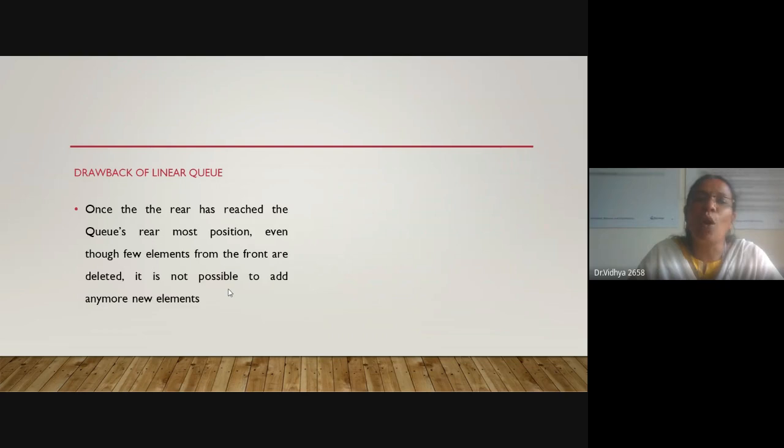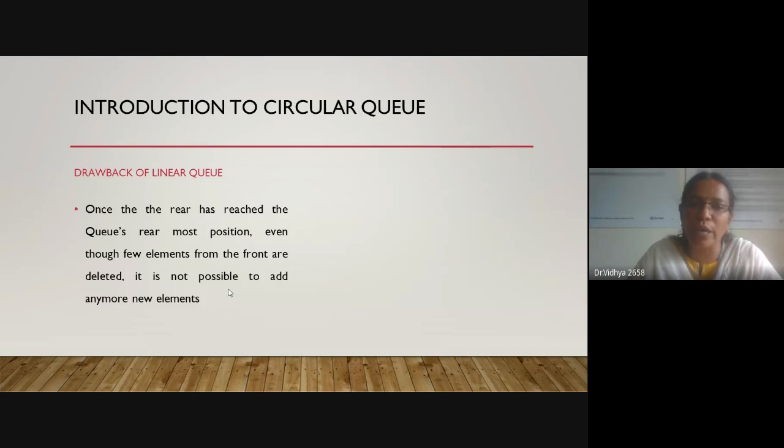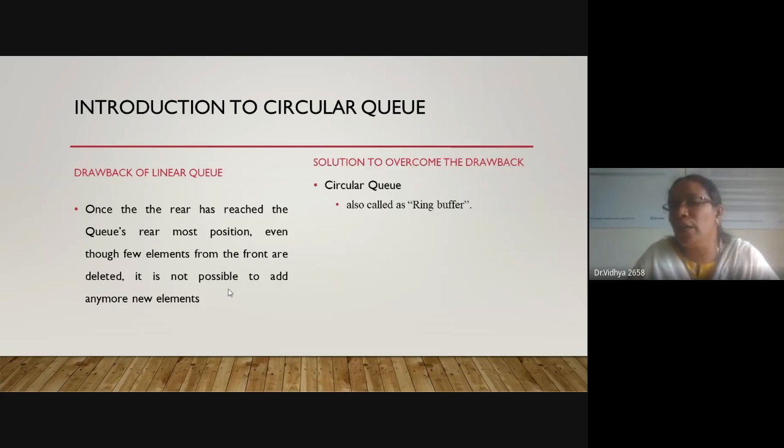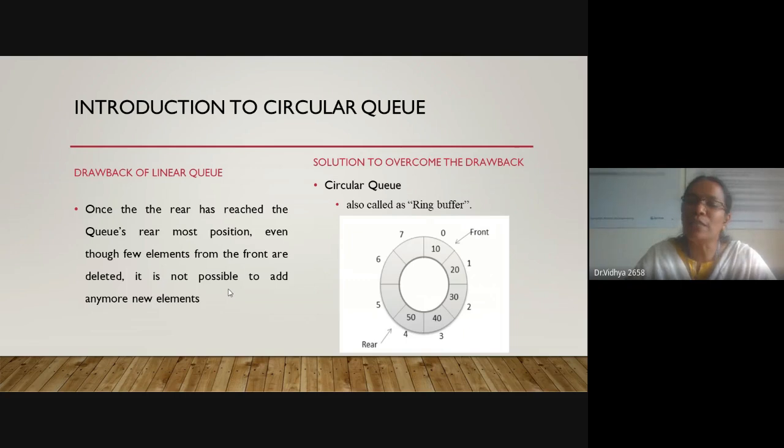Okay, so how can you address this drawback in the linear queue? That is the idea of the circular queue. With the help of the circular queue, we are able to address the problem of wastage of memory in the linear queue. So we are able to add elements in a flexible way. So this is the structure of the